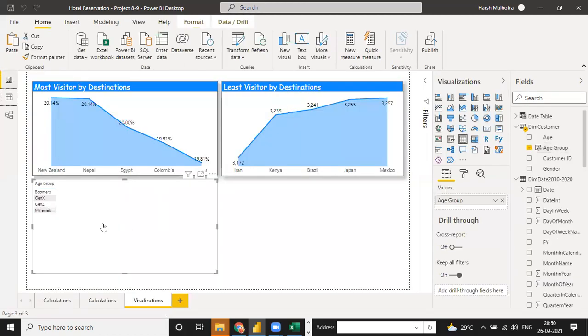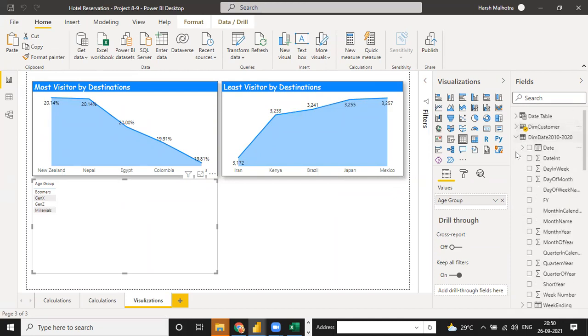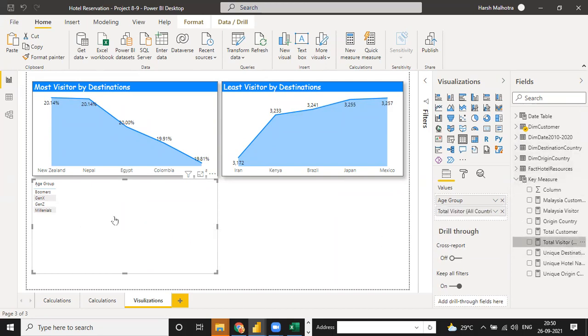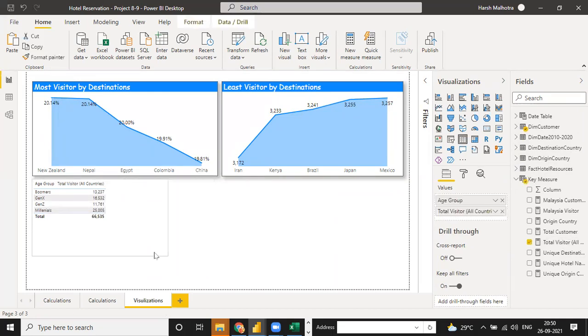For this you can write age group, and right now I need age group wise visitor. So write it here as age group wise visitor, and for the same thing I need a visualization.